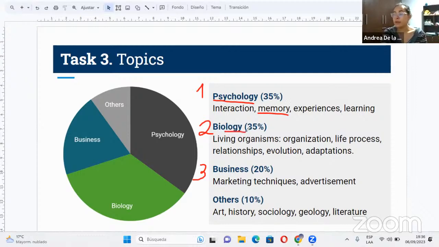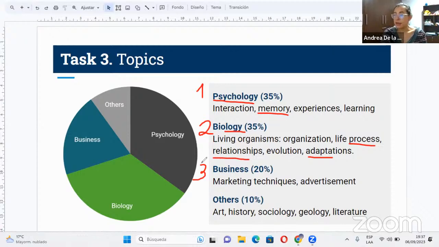Biology focuses always on animals or plants. It's never going to be human biology, it's always animals or plants. And it talks about the way that they have evolved, the way that they have adapted to certain changes, different life processes, the way they relate to each other, the way they survive, the way they catch food,